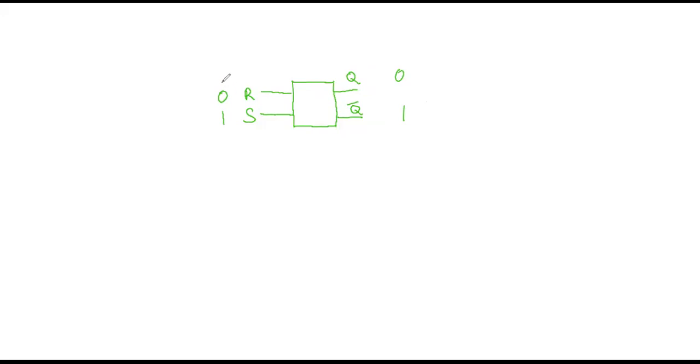So if I apply 1 here, now what will happen? Sir, there will be no change. Very good, because I have not given any command right now. Let me change the command again. Basically you have only 3 sets of command for this circuit: 0 1, 1 0 and 1 1. So 1 1 means no command; nothing will happen, whatever it was will remain the same.